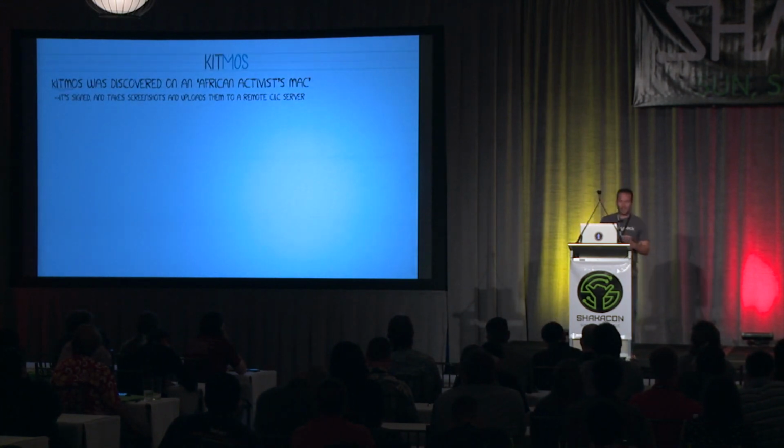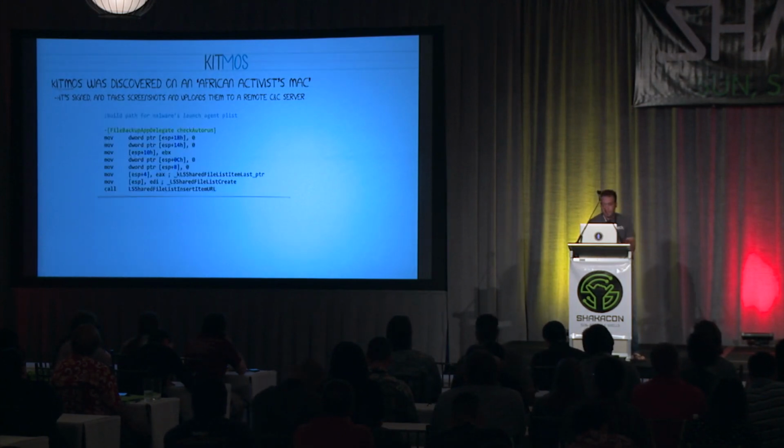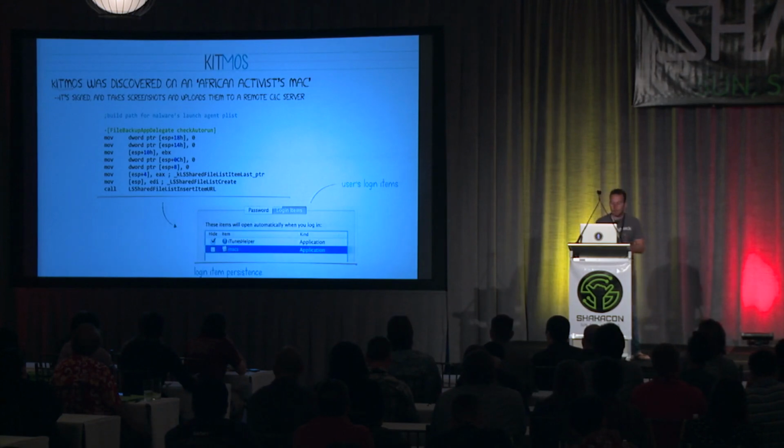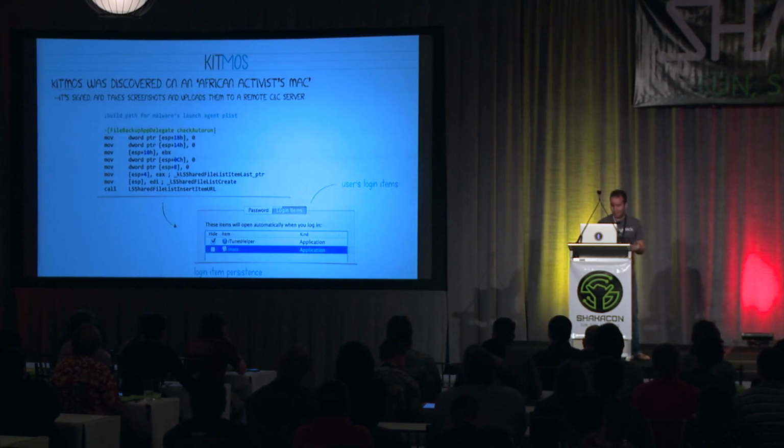So these poor activists. Recently, another piece of OSX malware was discovered on an activist computer during the Oslo Freedom Forum workshop. This malware invokes the LSSharedFileListInsertItemURL function that you can see in the disassembly, so that it's added to the login items of the current user, which thus gives it persistence. So if you view the login items, you can see the malware showing up. So again, this is kind of a lame persistence technique. Yes, it works, but I think these malware authors need to up their game a little.